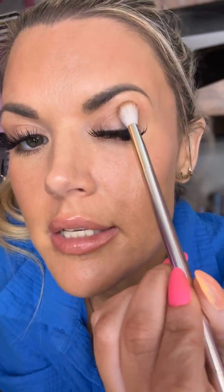So I take my brush with my powder and I come here and I start to tap it up a little bit higher. I'm going to open my eye and see where I need to bring it up to. And I don't bend my bristles. There's no need for it. You just tap. It should be so light, right? So I'm lightly tapping, bringing it up. And the higher I go, now it's just like the